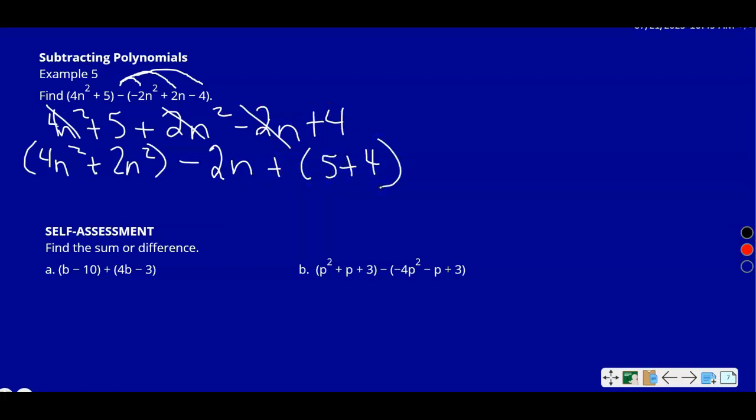All right, so 4n squared plus 2n squared is 6n squared. This one has nothing to combine with, so just bring it down, minus 2n. And 5 plus 4 is 9. So this one is a second degree trinomial, and it has a